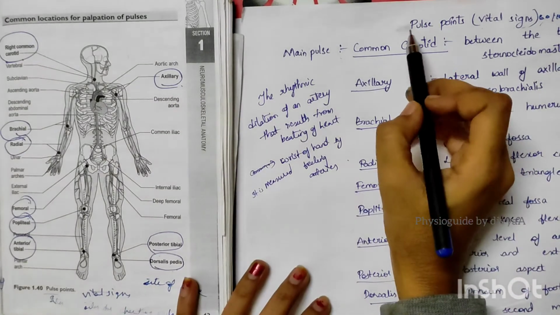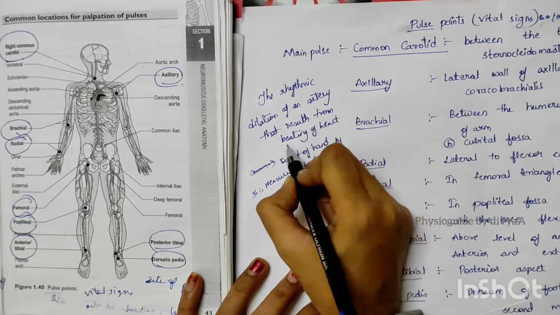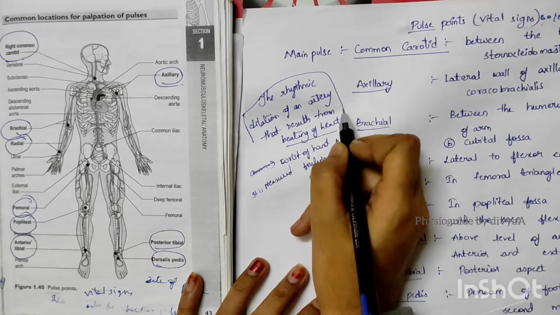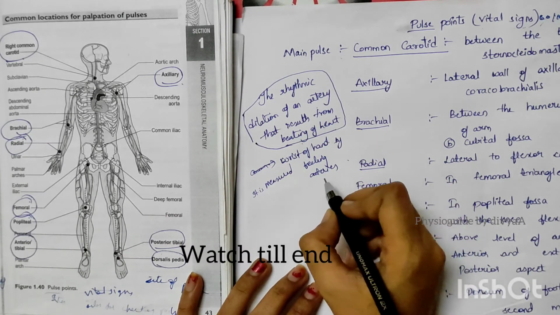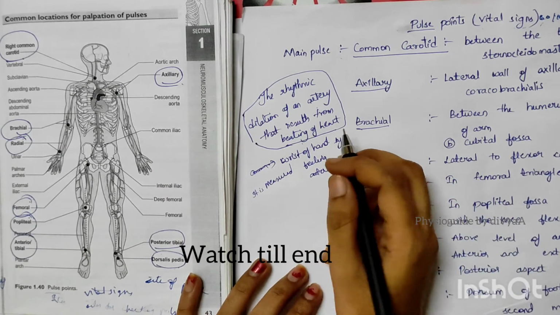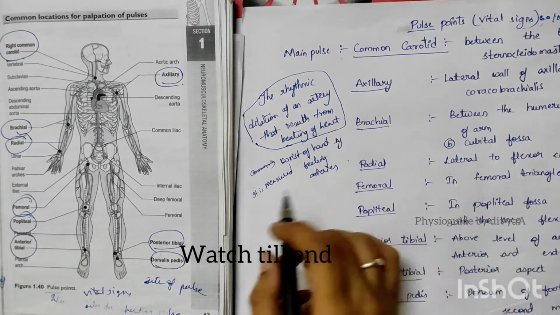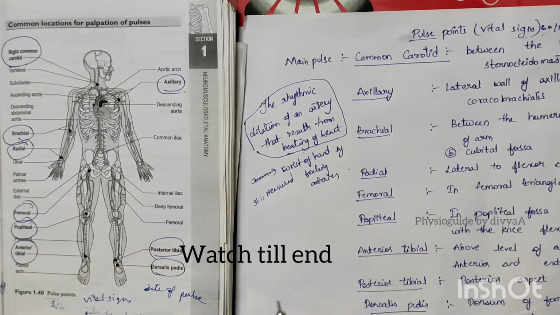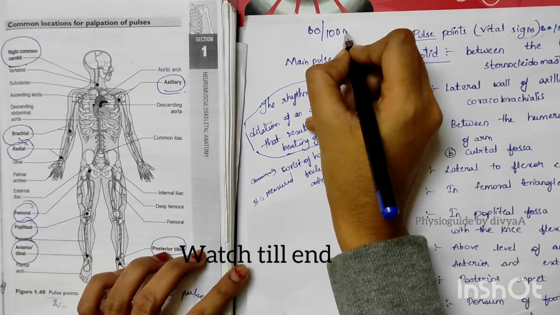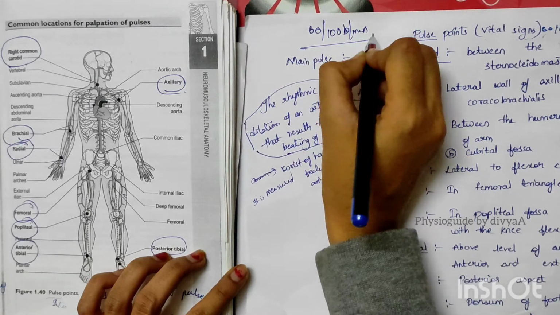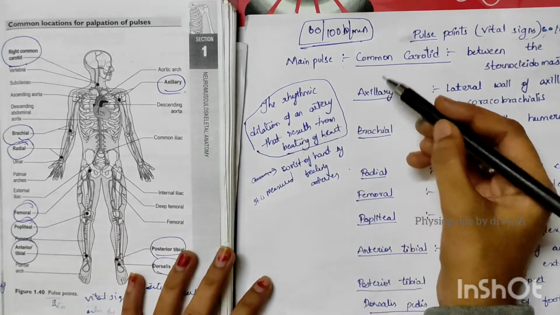So actually what is pulse? Pulse means the rhythmic dilation of an artery that results from beating of the heart. This is the definition of the pulse, and the pulse is measured by feeling arteries, and the most common is at the wrist of the hand. It's the most common, that is the radial side. In adults, it beats 60 to 100 beats per minute. So, in detail, we'll discuss individual pulses.